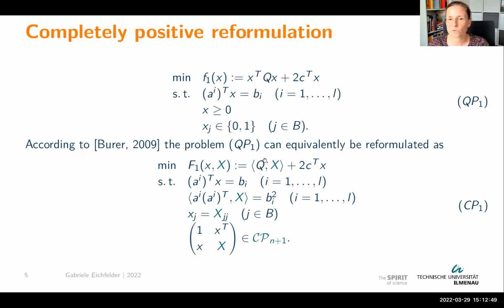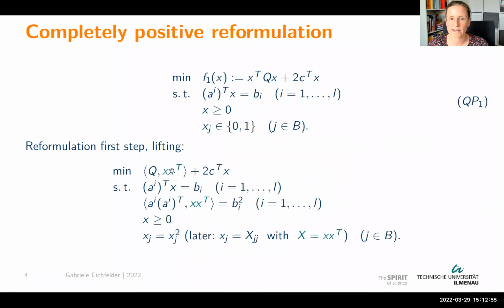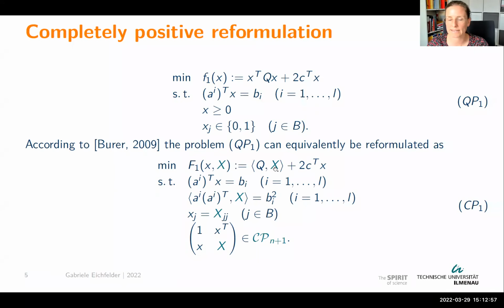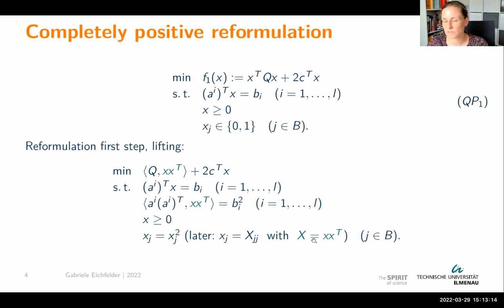So we did not do anything fancy here. This is still our objective function, just with, as you have seen it here, x transpose replaced by capital X. Still the linear equality constraints to the power of 2, and again x transpose, the rank 1 matrix, replaced by capital X. This assures the binary variables.